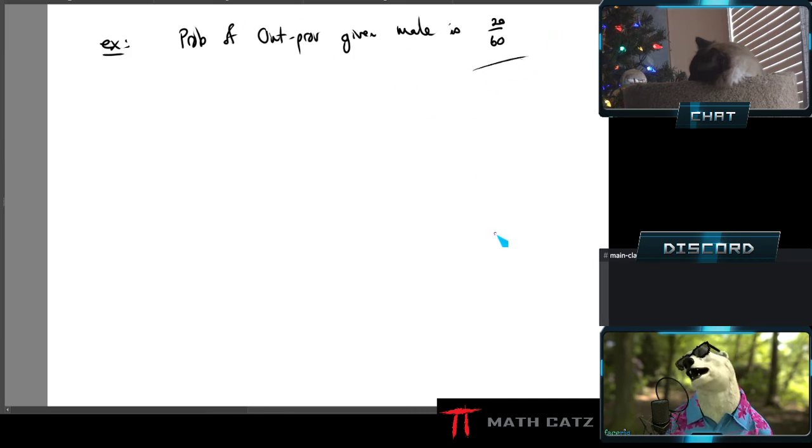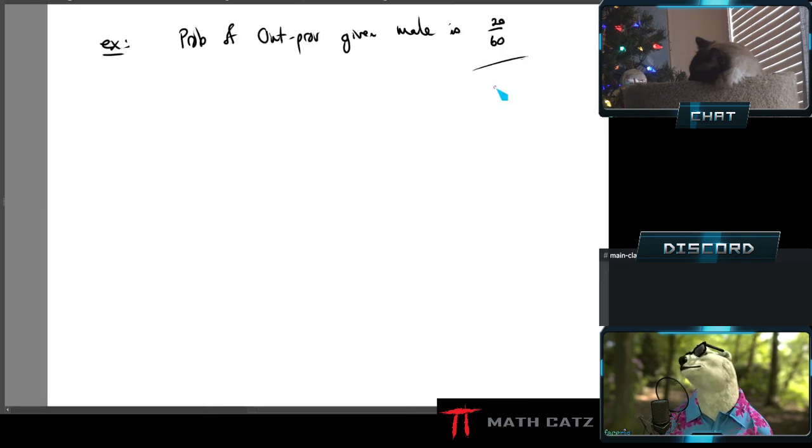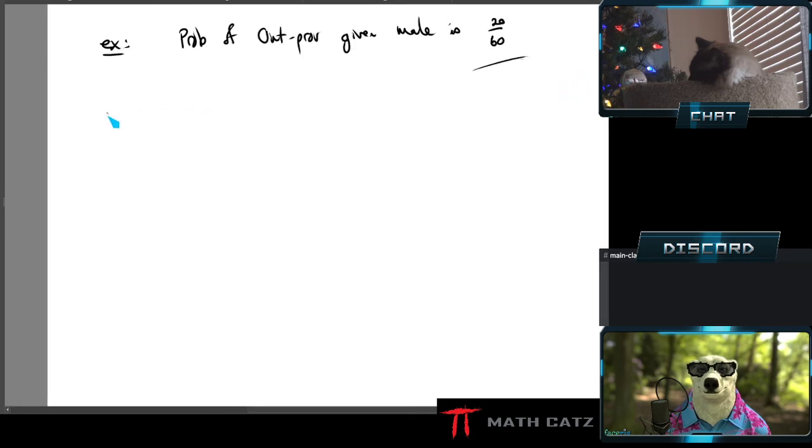So definitely always check. And we'll write down the steps maybe afterwards. Check: is the probability they're asking for already one of these that are on the tree? Then write it down and move on. Your tree will be defending your answer. Your tree will be your work shown. But sometimes it's not going to be right.